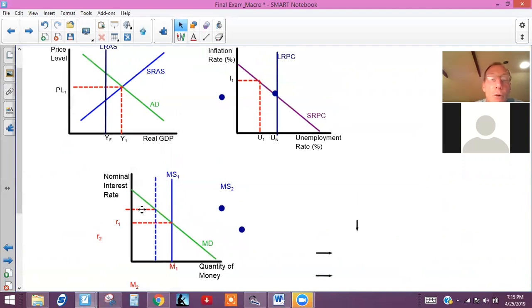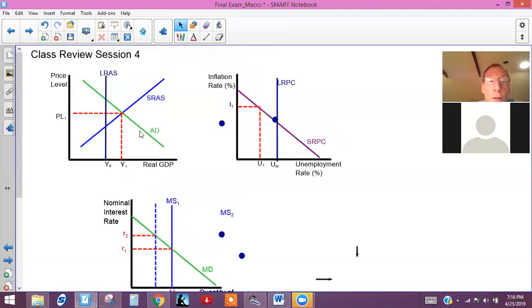So contracting the money supply is going to cause this downward shift in aggregate demand, because if you remember, part of aggregate demand is domestic investment spending. So when that drops, this whole aggregate demand should shift to the left,